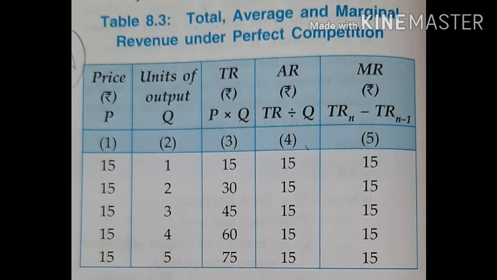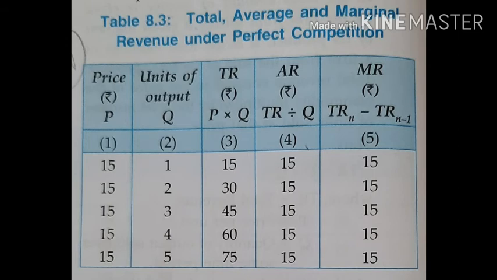Because you will have to draw the diagram also, just draw a picture in your mind that average revenue is constant at all levels of output. The moment the term constant comes, you must have a straight line in your mind, right? This is because AR, that is average revenue, is the same as price. You can see the schedule shown in the slide. You can see the AR column, where 15 is shown at all levels of production. Price is also 15 and average revenue is also 15. And how do you derive average revenue? By dividing total revenue by quantity.